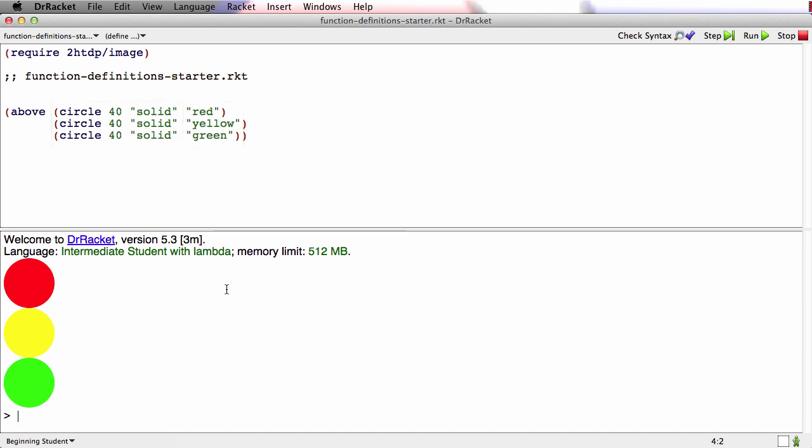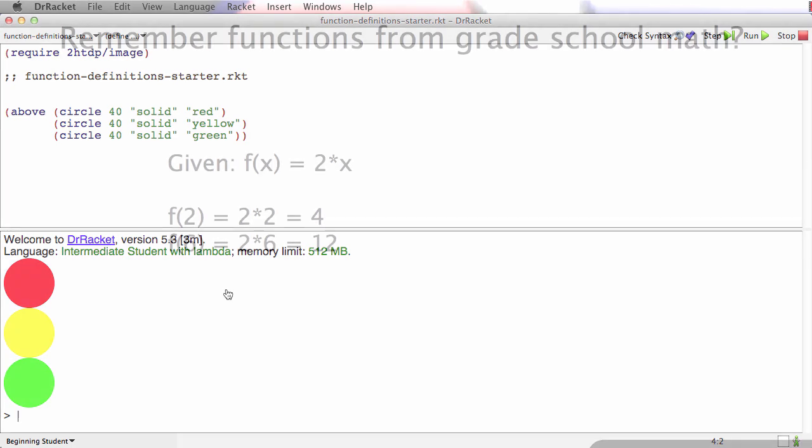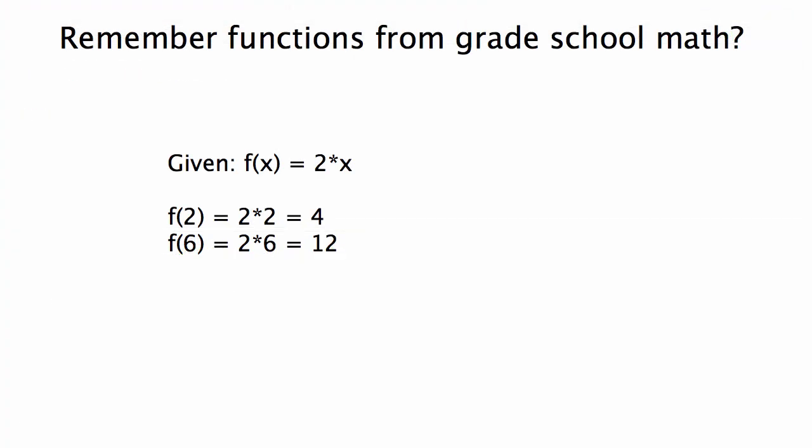There's a mechanism that's going to let us prevent that, called function definitions. So what are function definitions and how do they work? Well, you actually already understand a lot about function definitions. You just have to remember your grade school math, in which you learned that you could write mathematical functions like this. For example, here is f of x that equals 2 times x. And that means that f of 2 is 2 times 2 is 4, or f of 6 is 2 times